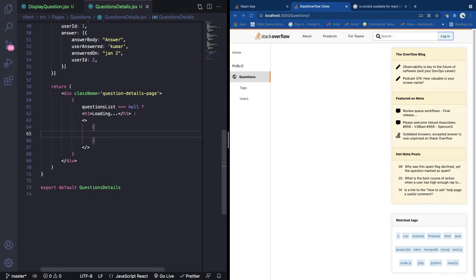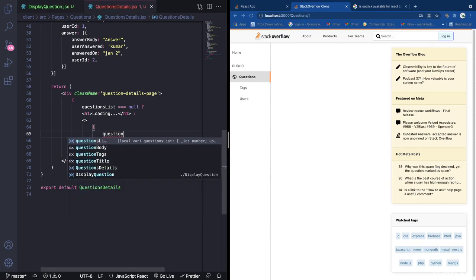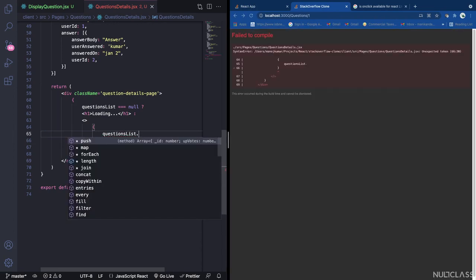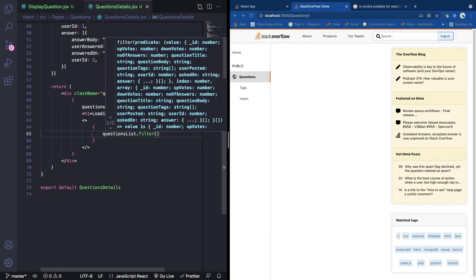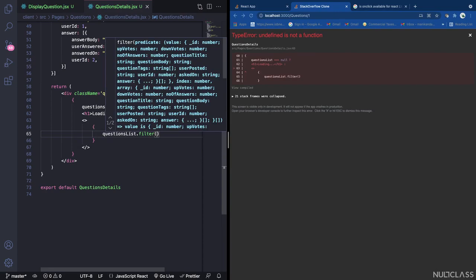What we can do, we go inside here, we will use questionList.filter. Filter is the same as map, but what map does, map will return the entire elements in the array, but using filter we can also filter the array with a few specific values. So what we can do,